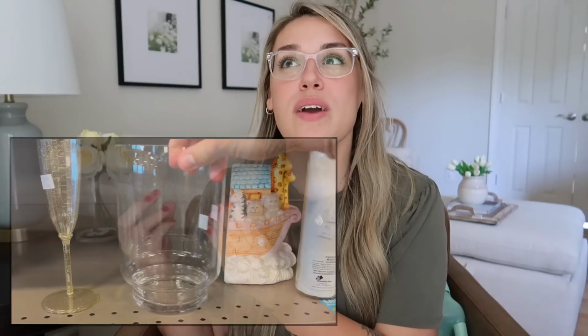Now, before we get in the haul, I have a little sad story about a couple of the items that I got. Okay, so this item and this item. Was so excited about both of them. The white one, I have been on the hunt for something like this. I actually saw